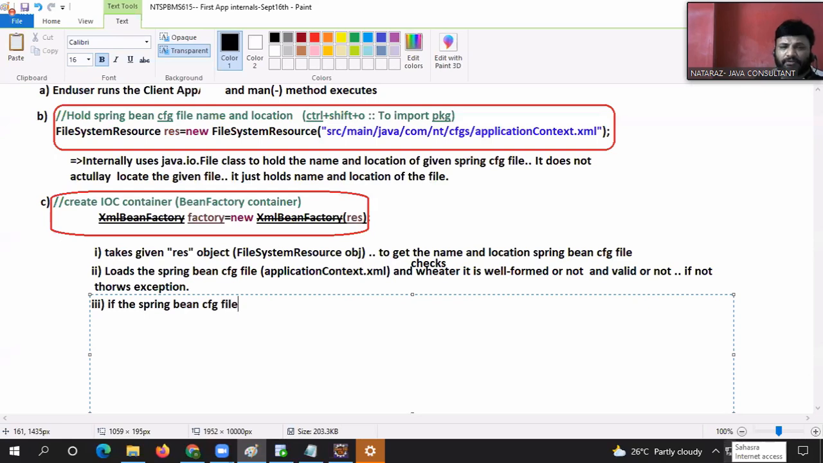If the Spring Bean configuration file is well-formed and valid, Praneeth, Shankala, please switch off your camera. Well-formed and valid. Then,